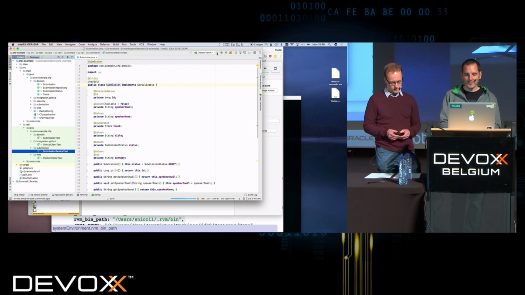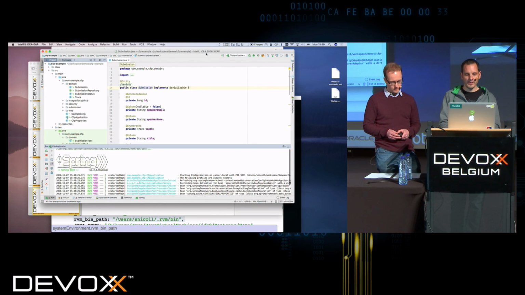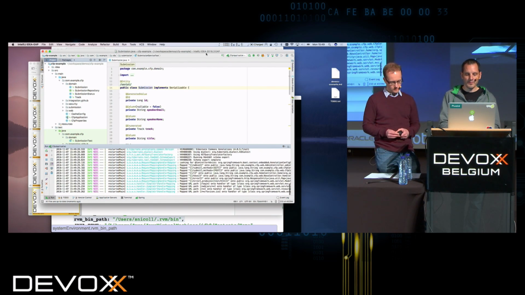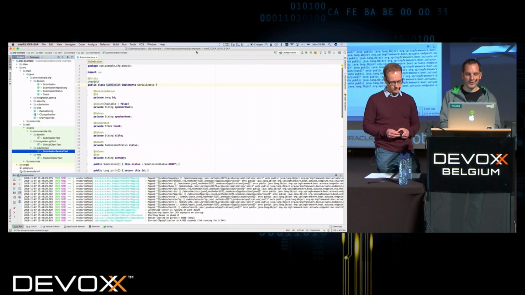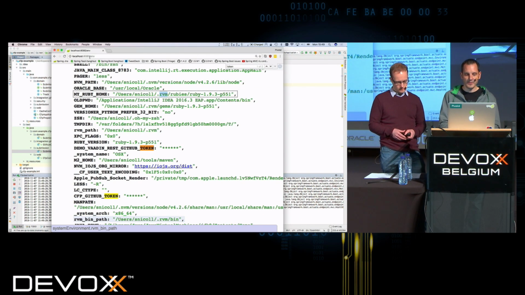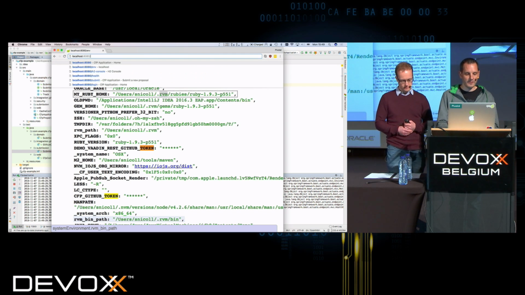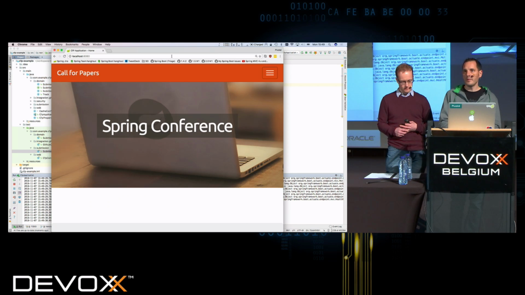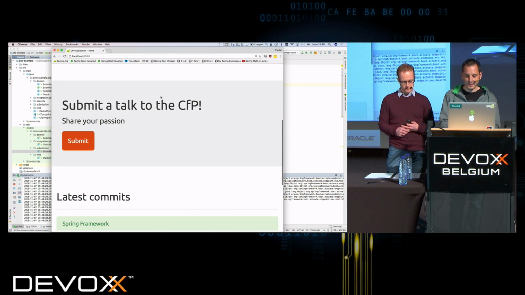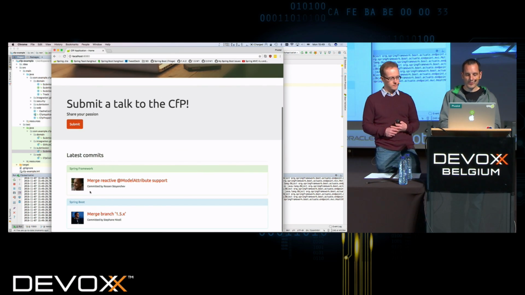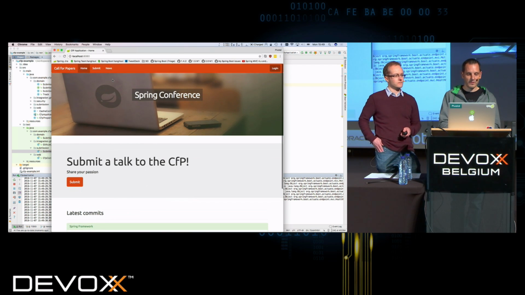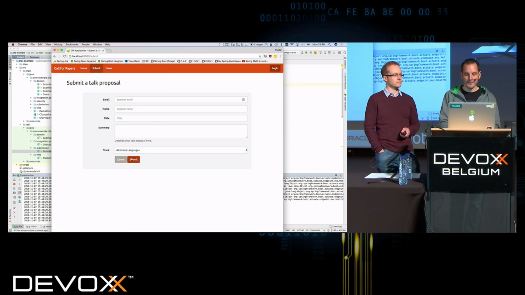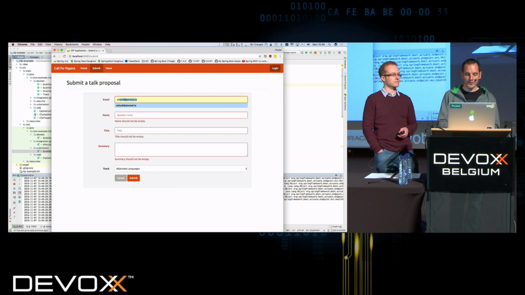So let's start by looking at the application, what it does. This is an application I borrowed from another talk. If you're interested in the application itself, you'll have the link at the end of the session. So this is a very simple call for paper app, nothing fancy. It has an integration with GitHub showing you the latest commit. If you were at the university session this morning, this should ring a bell. There is also a way to submit a new proposal. You don't need to log in, you just give your full information,